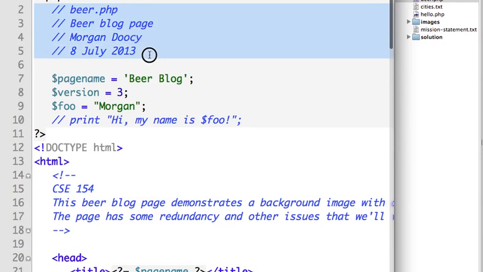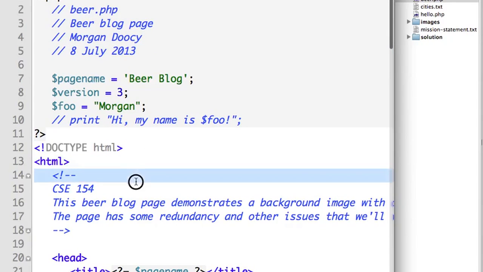What's the difference between including a header authorship comment up here and a header authorship comment down here inside the HTML? Where would we rather put it? Yeah. Up at the top? Yeah, why? It's probably better. I mean, you can kind of put it wherever you like, but